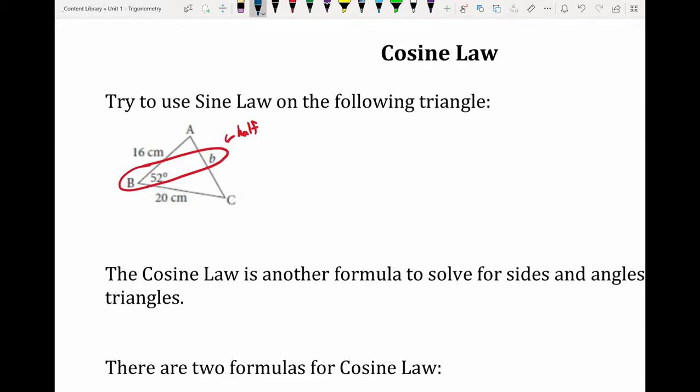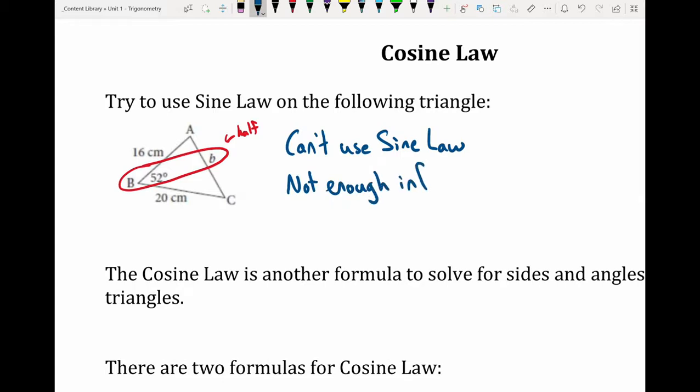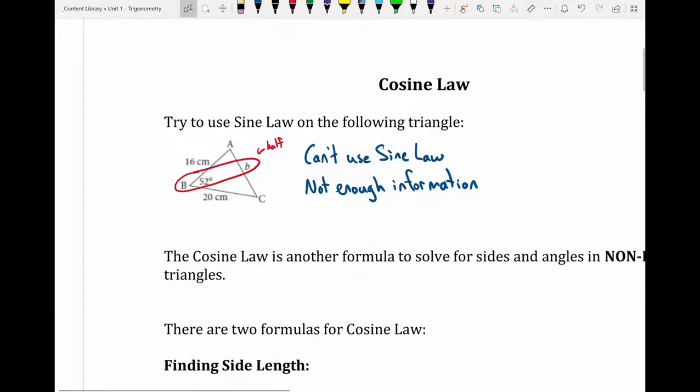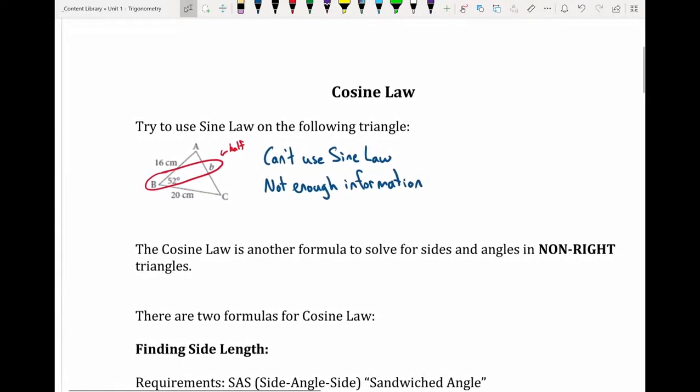I can't use any of my trig ratios because it's not a right angle triangle, so I have to use a different law. And that's where cosine law comes in. So just to answer this, we can't use sine law because there's not enough information. But we're going to learn today about cosine law, which will be another way that we can solve for sides